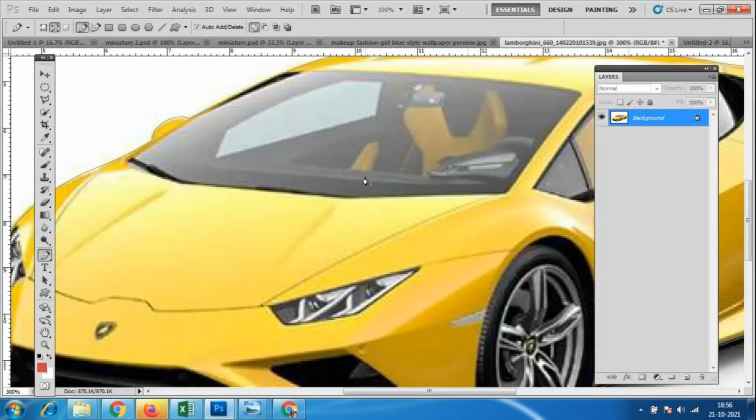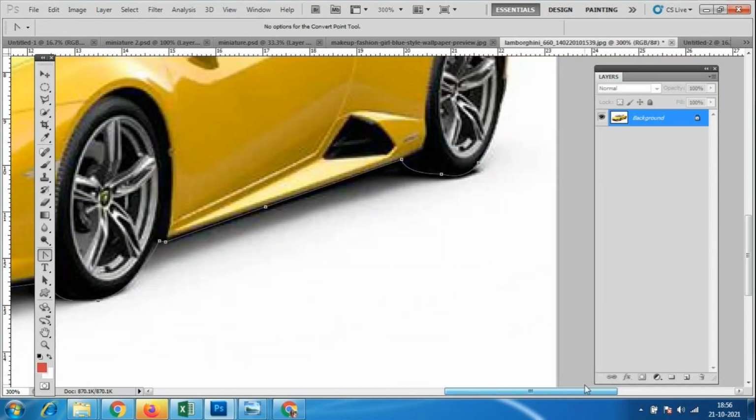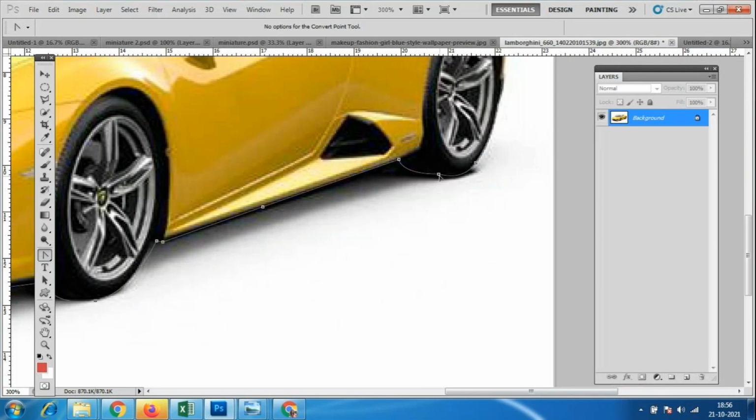If you want to make any changes now, I'll go to the convert point tool and select here. Look at the anchor points, you can see some of the points. If I want to make some changes, those things we can do. Add anchor point, delete anchor point.